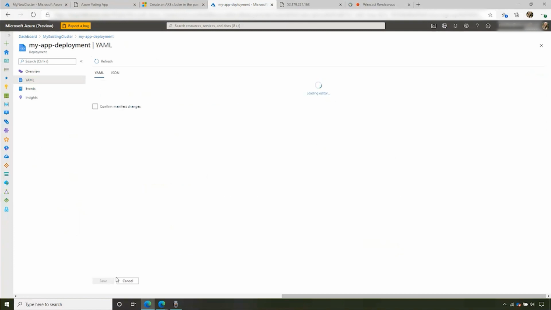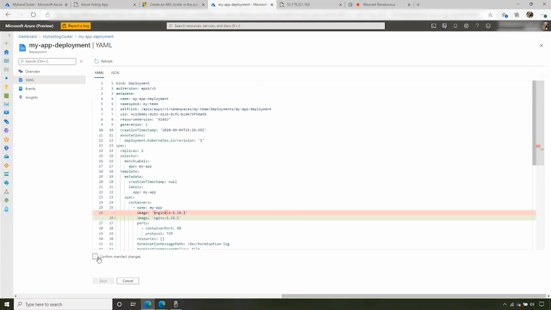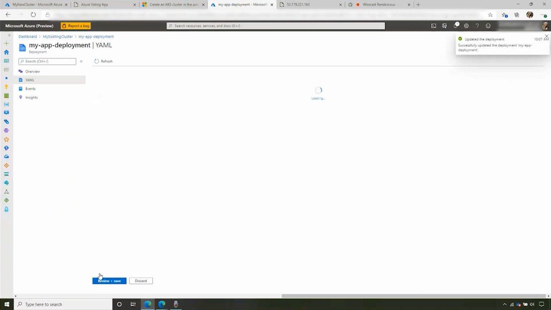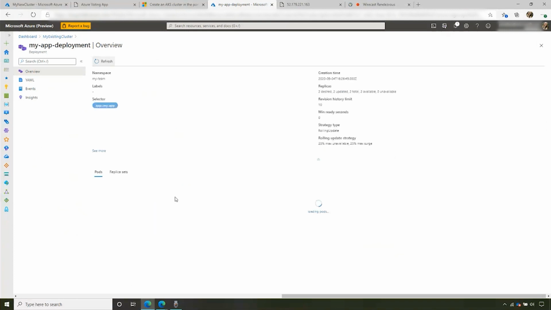I can review my changes to make sure that only what I wanted to change is changed and everything else stays the same, confirm them, and then save. My deployment will be updated. Let's go see how that's going. So you can see that already Kubernetes is going to be making some updates to these pods. The pods that were broken were already being terminated, and my new pods are coming up with the actual correct image. If I refresh, everything looks good to go.